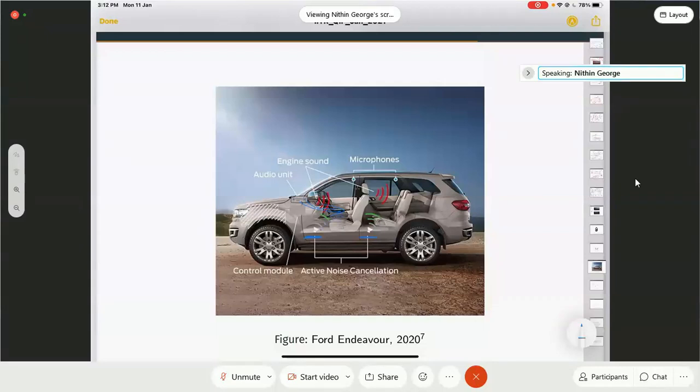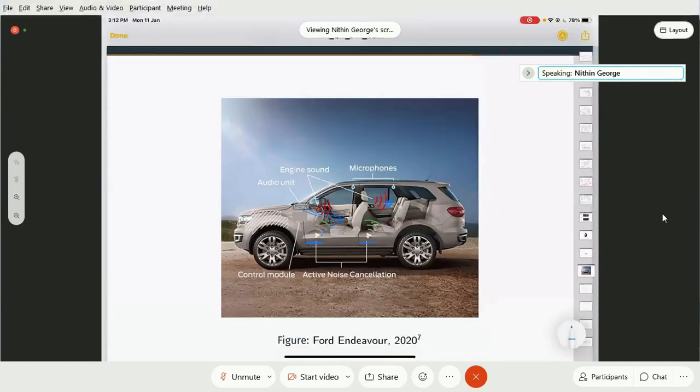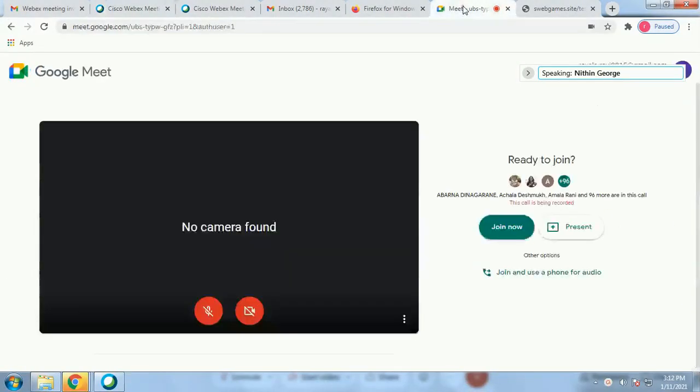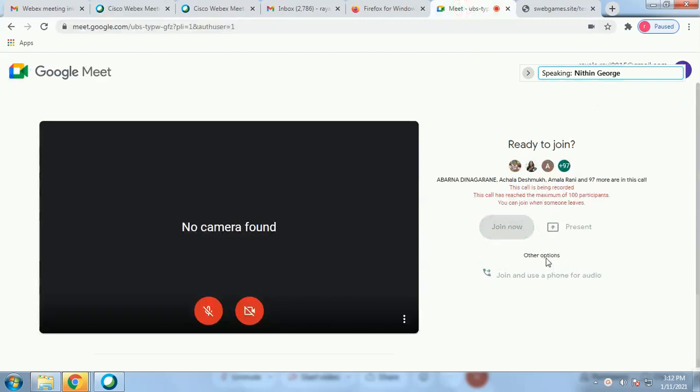is going to generate a new sound so that the person who is sitting over here will have a better experience within the car. Okay, that is active noise cancellation. Now, if you look at the basic structure of an active noise cancellation and where signal processing is going to come. So this is the basic structure.